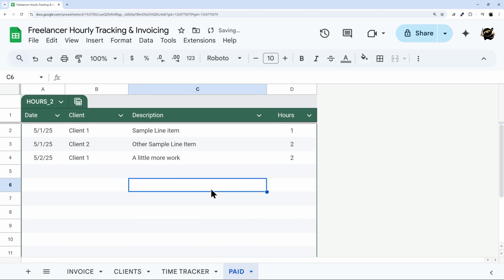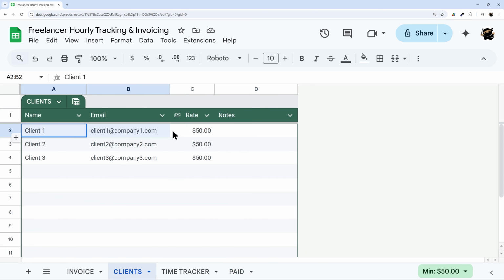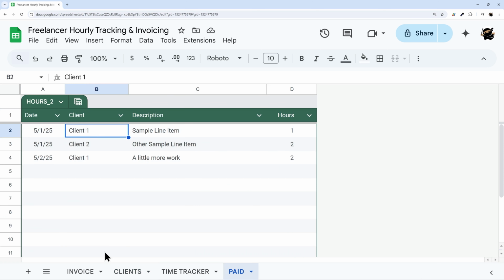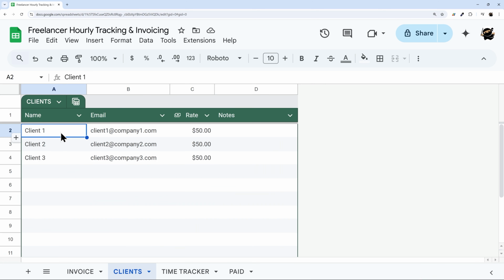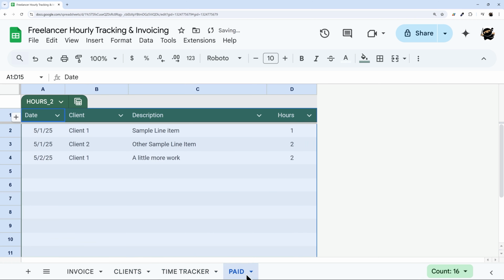So again, none. The reason I'm getting rid of these drop downs is, let's say you're working with a client and then you remove them. If you delete them from here, and you have that as a drop down, it's not going to work anymore. For example, if I remove this client 1, you can see we have that error. So just to keep that error from happening after it's paid,